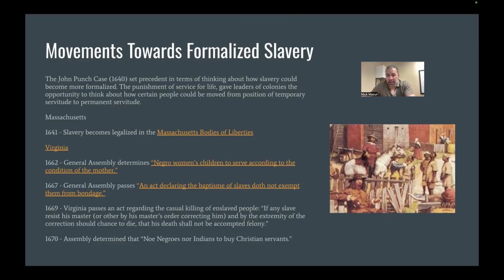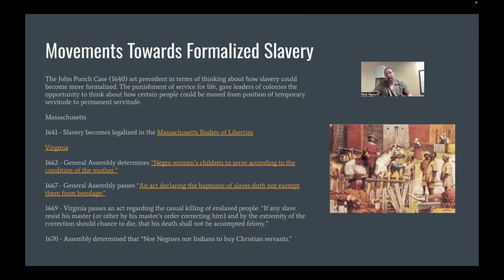But you also see that other laws are being passed, like the law of 1667 in Virginia, that says it doesn't matter. It used to be that if a slave was baptized, if they were Christianized, that they couldn't be a slave for life. They changed that, right? And you can see the other laws there. And why is this? Well, because indentured servitude is not a guaranteed form of labor. The Native Americans are all dying or they're running away. We have a new cash crop that is being established here with tobacco, with farming, with indigo, with rice. We need a secure labor force. And this is what they do.